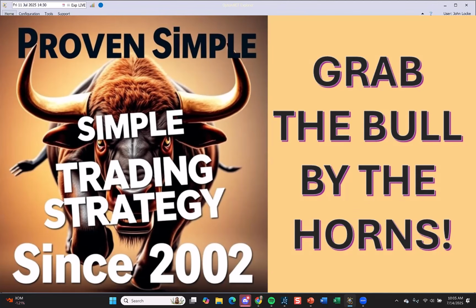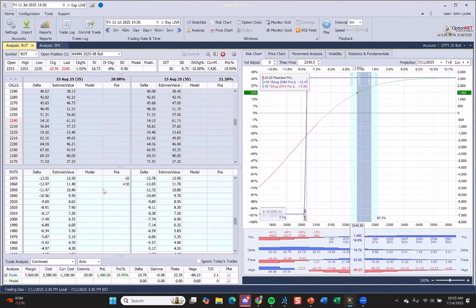This is our bull trade, stage one trade. It's very simple. Currently, or as of Friday, this is up